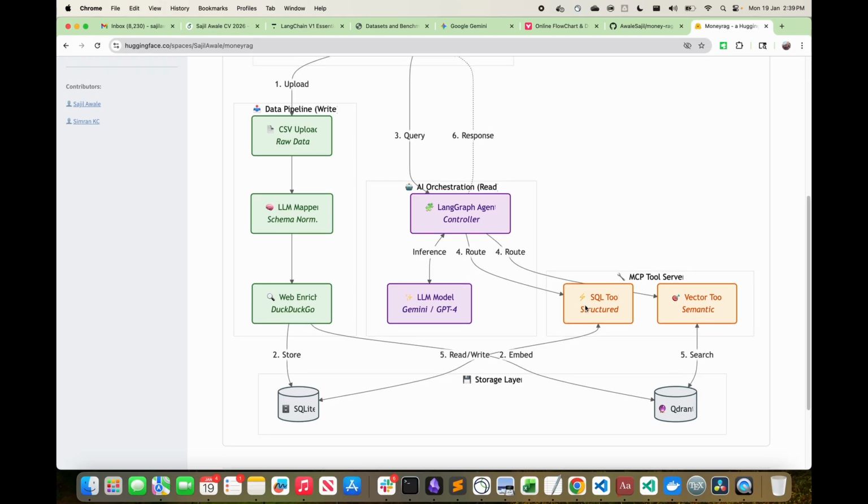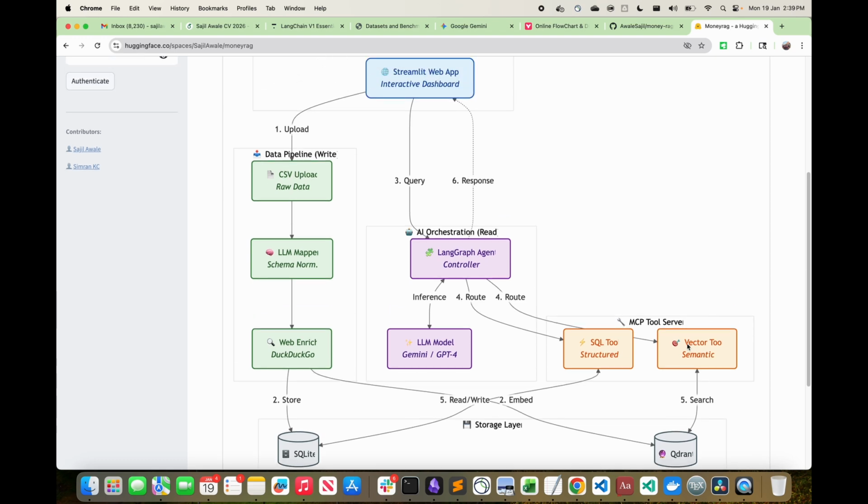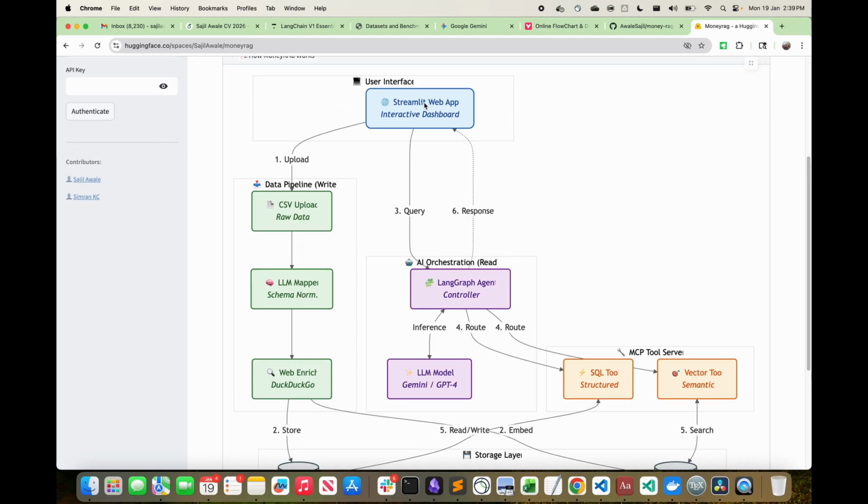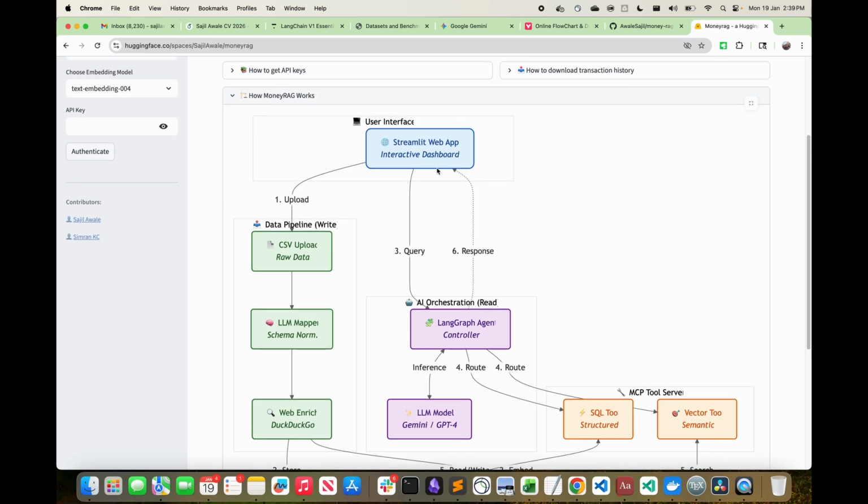One tool executes SQL queries, and the other does semantic search on the vector database. These two tools are used by a LangChain agent, which takes in the query, calls these tools, and gives an appropriate response to the Streamlit web application. So that's how MoneyRAG works.